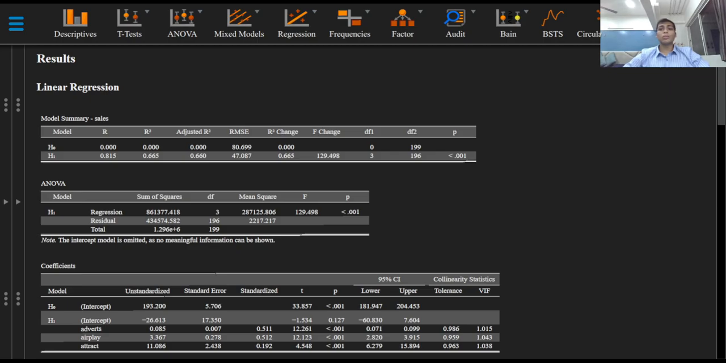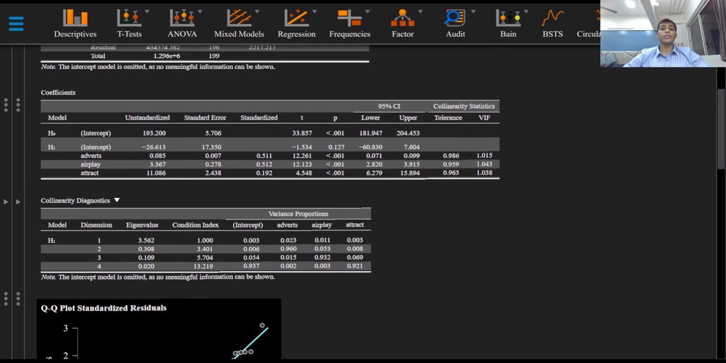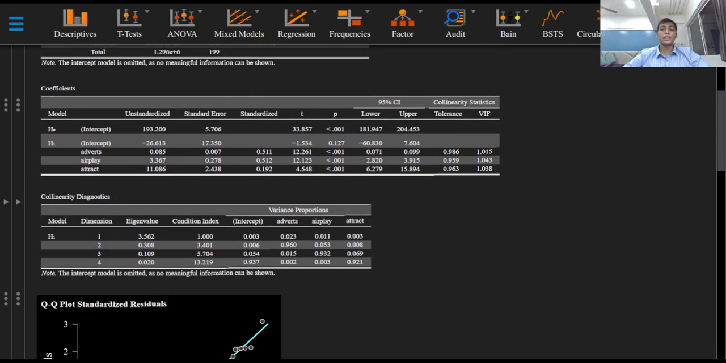The coefficients table provides us with the unstandardized regression coefficients, the standard errors, standardized regression coefficients, T values for testing the null hypothesis that the population regression coefficient equals 0, the P value, and the 95% confidence intervals for the unstandardized regression coefficient. In the collinearity statistics option, large VIF values or the variance inflation factor values, usually above 4,